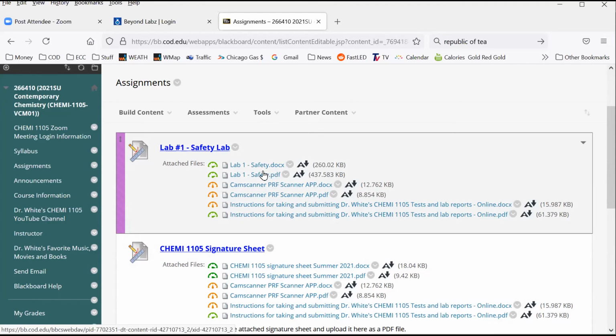So don't. Now, under here, I have files. If you don't have a scanner, there are instructions on how to use your cell phone to take pictures to make a PDF file of your lab and also your test. And I have instructions here too if you don't want to use CamScanner. If you do use CamScanner, don't pay for it. Use the free version. It's good enough. You don't have to have all the extra fancy bells and whistles. Now, once you've downloaded this,